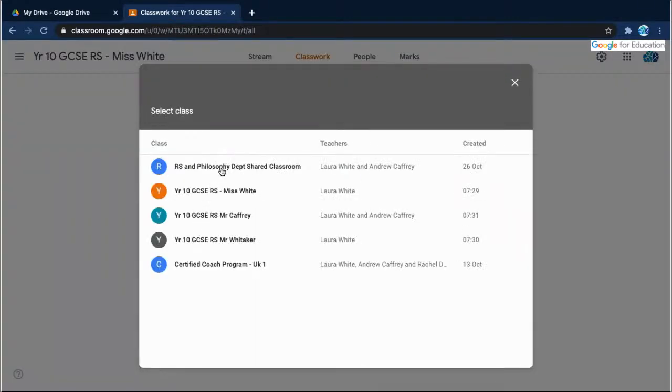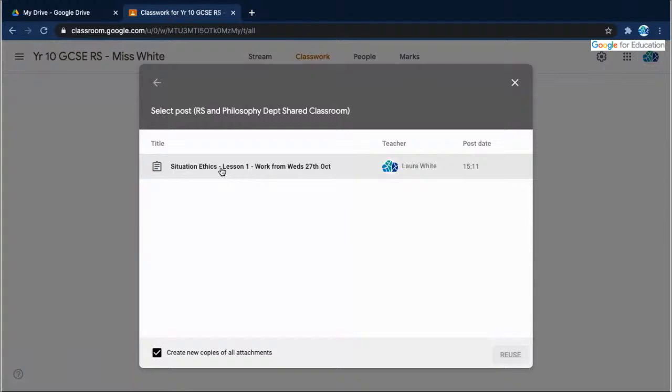So it asks me which classroom I want to reuse it from. I'm going to say that one. Which post do I want? I'm going to say that one. And I have this option here to create new copies of all the contents, which is exactly what you would want to do. So